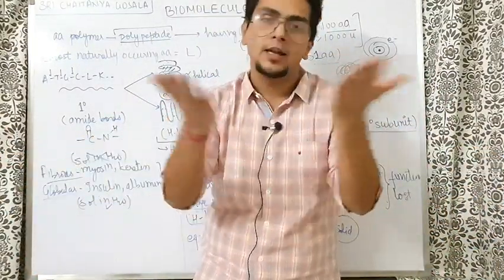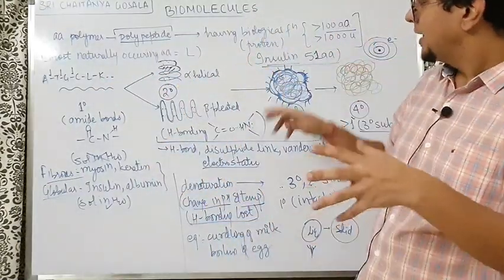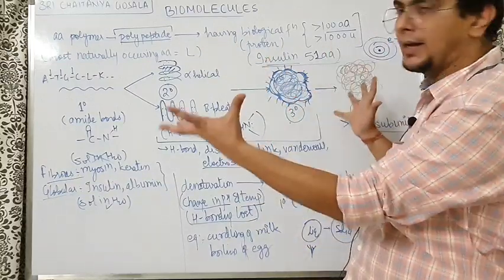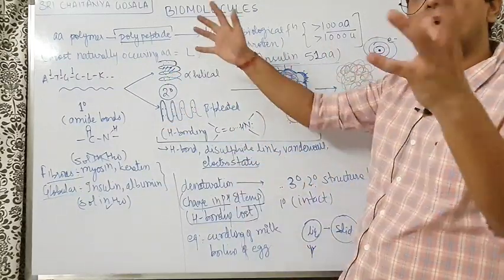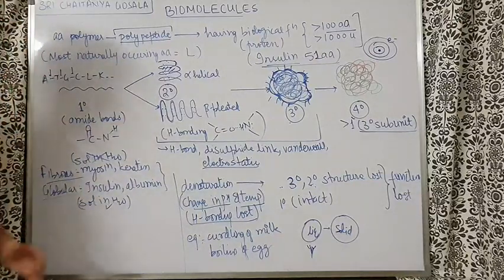Water started making hydrogen bonds with the amino acids. The amino acids were there only, but hidden. But as you heat it, the tertiary structure opened up, water went inside the structure and made the hydrogen bonds, so the water also vanishes, and the function also vanishes. So yeah, this was about the protein part.